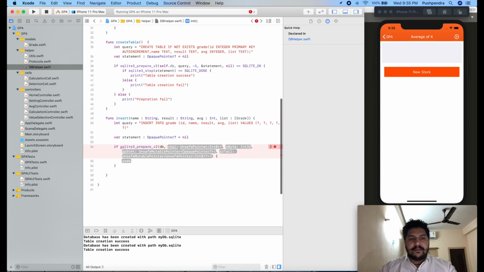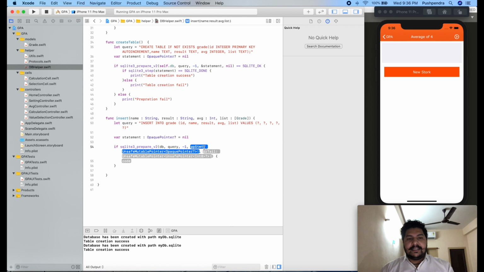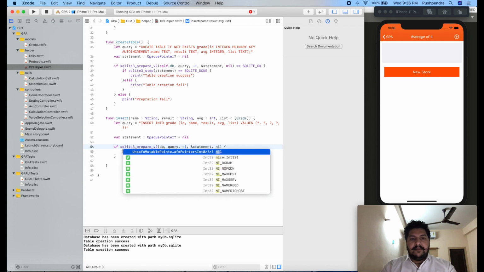Here we have to pass our query, string type query, and byte count -1. For the statement, you have to pass the statement with the address-of operator. And at the end the tail pointer is the same, nil.